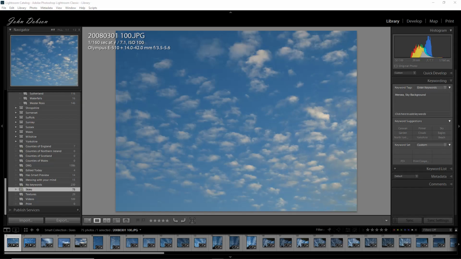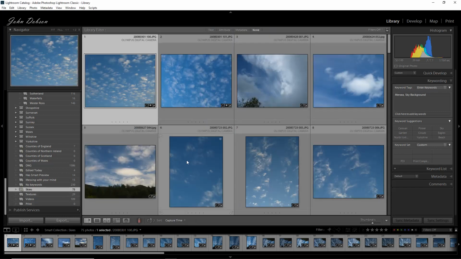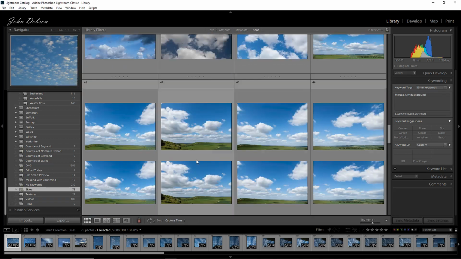In the video of the Lancaster over the Peak District, I showed you one of the versions where I used my own sky texture, and so what I'm going to show you here is how you can put together your own textures. So over the years I have collected a whole load of different skies,